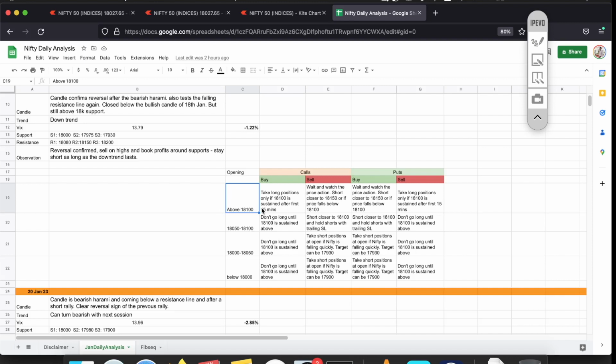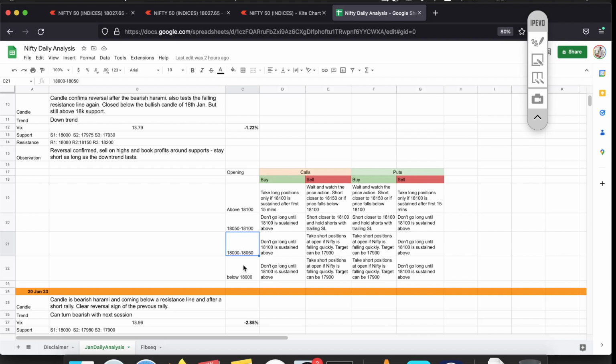But to short, if price opens above 18,100, wait and watch. Short it closer to 18,150, kind of that level. Or if the price quickly falls below 18,100. But if price opens between 18,050 to 18,100, you can short it closer to 18,100 level and then hold the shorts with a trailing stop loss. If price opens between 18,000 to 18,150, that is the most likely scenario, then take short positions at open and hold it till at least the price hits